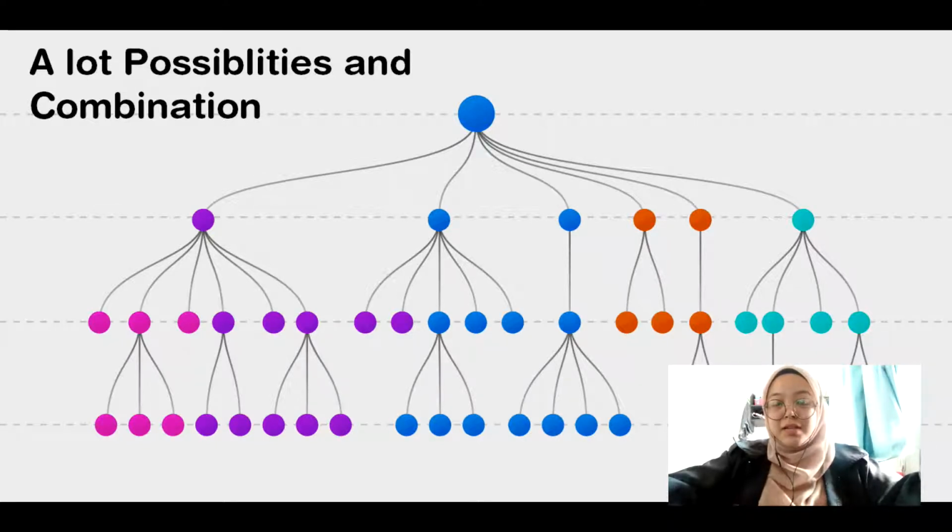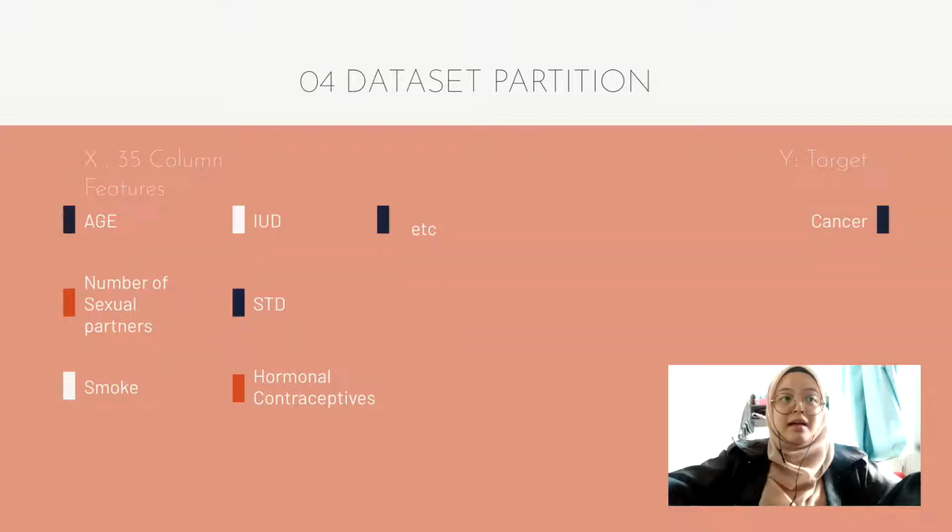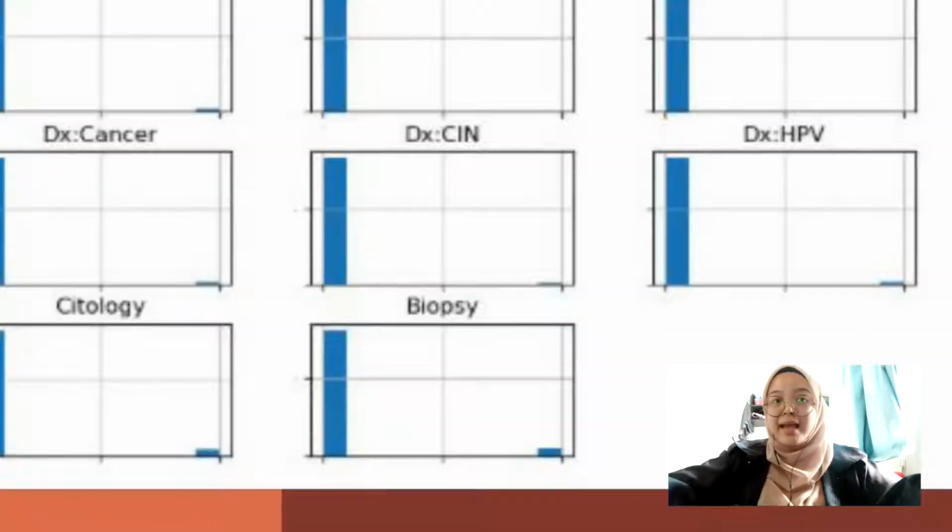So in this group project, we will predict if someone has cancer or not based on their information, habits, and historic medical record. In this dataset, there is a diagnosis variable which is named DX,